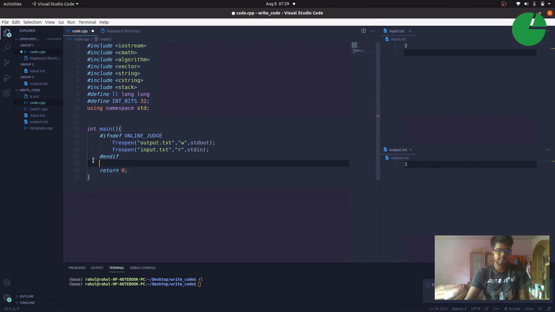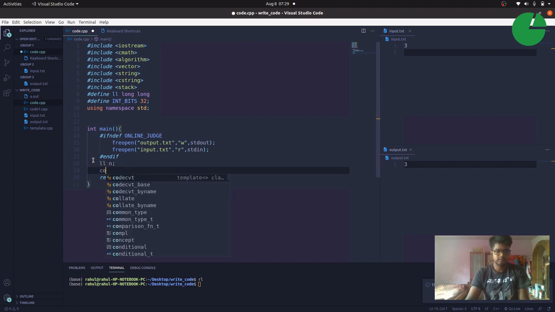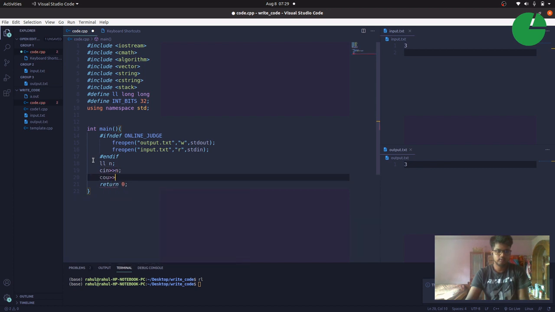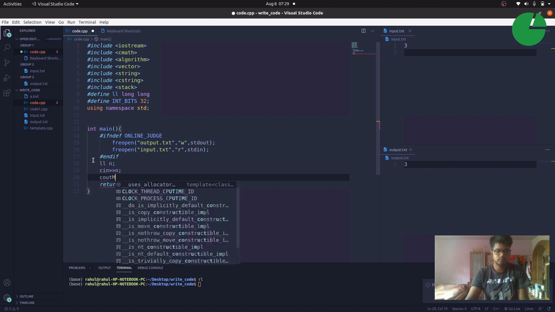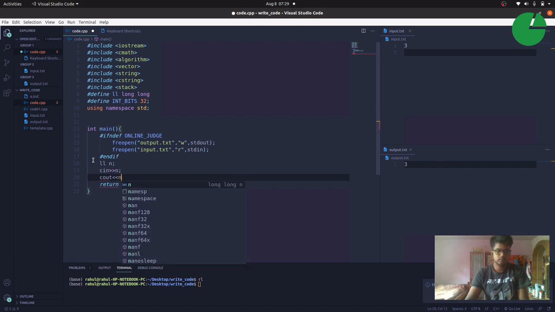I am running a simple code, then I will explain all the commands I have written. Now I have written a simple code that takes an input and provides the output.